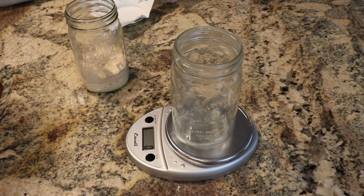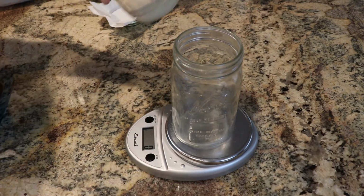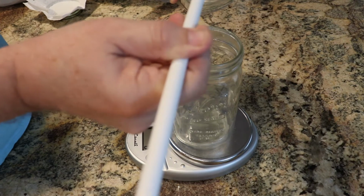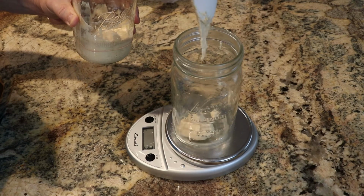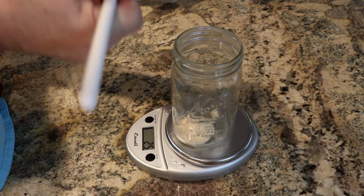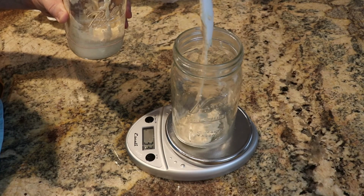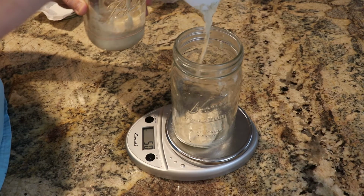And to start off with, and this is the way it's going to be every day, day in and day out, if I want to feed it every day, or it's the way I'm going to do it once a week if I want to do this once a week and put it in the refrigerator. But I'm going to start off with 75 grams of the starter. Put that in the new jar. Now, of course, you could always just reuse the same jar if you want and just take out everything except 75 grams, but I find it's easy just to